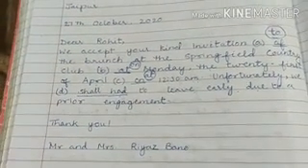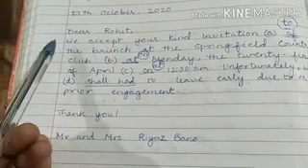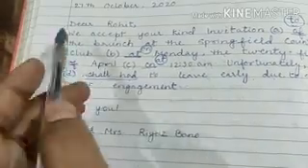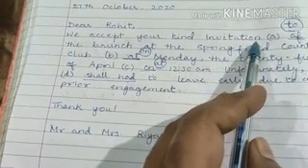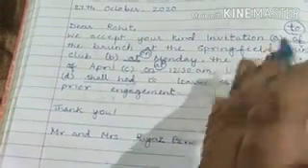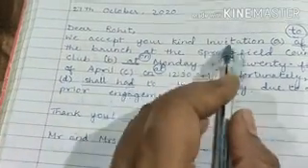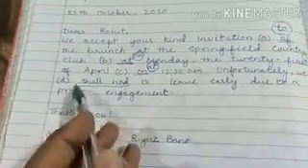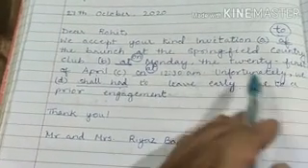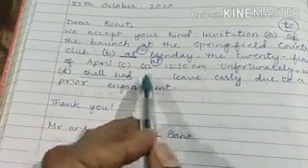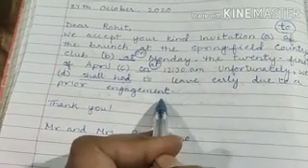Okay, so now students, one thing you should notice, this is given in the full sentence, just read and come to know. We accept your kind invitation to the brunch at. See, whatever is going to happen is in the future. The invitation is already accepted, but the program is in the future, but we shall had to leave. Here the person is leaving before the event has taken place. Shall had to leave early due to a prior engagement.